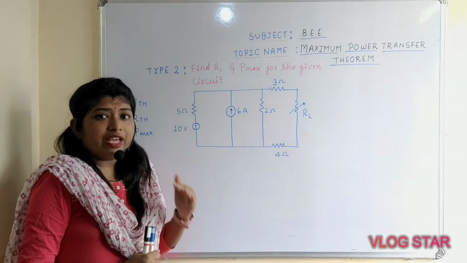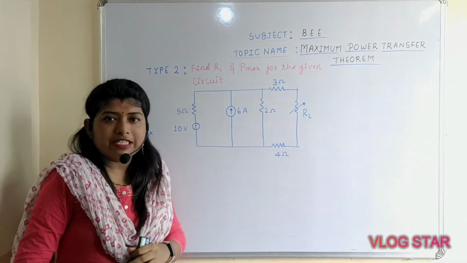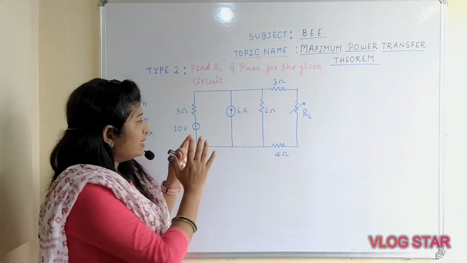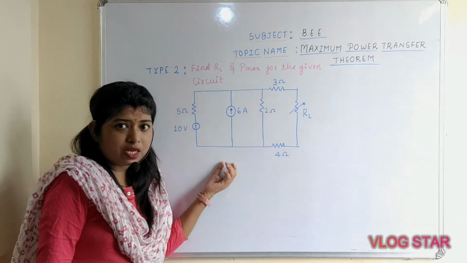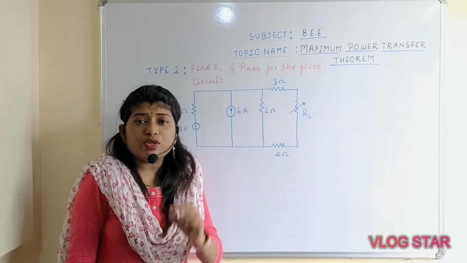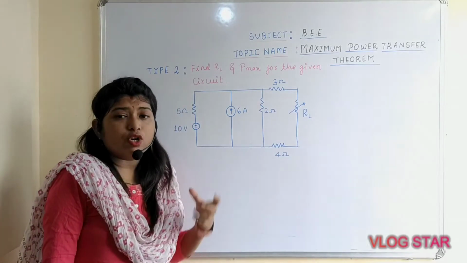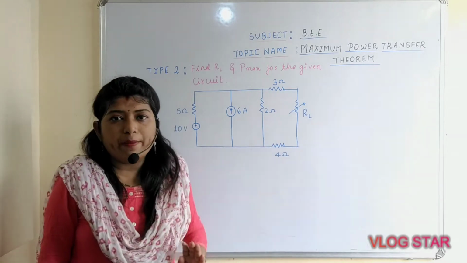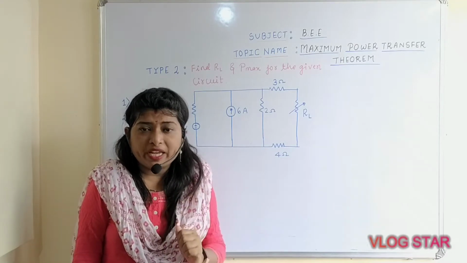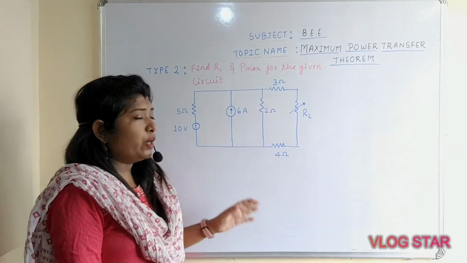What is given? We have to calculate RL and maximum power for the given circuit. Why this is type number 2 you need to identify, because in this particular example you can easily observe the current source is connected between mesh 2. If the current source is connected between mesh 2, it means that the given mesh is what? Super mesh. Already we studied in the previous lecture the concept of super mesh and how to apply KVL in that particular mesh. Am I right? So let's begin with step number 1.